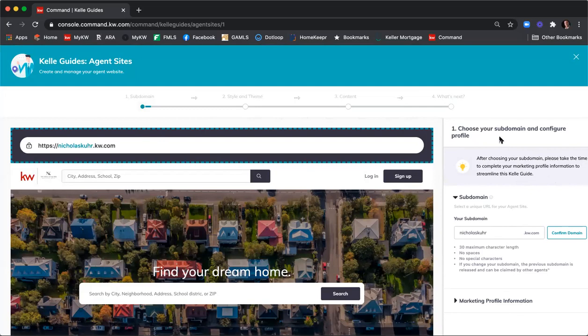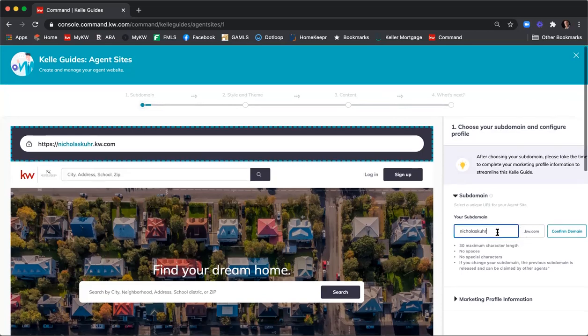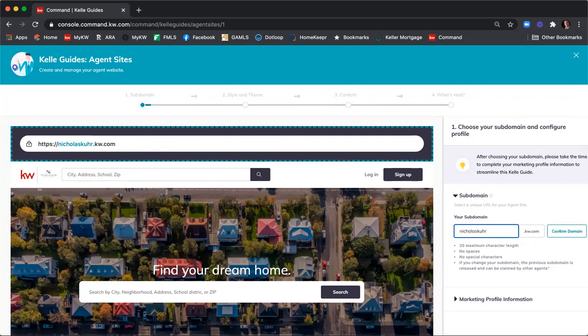So I'm going to get started over here by choosing my subdomain. It's already assigned nicholascore.kw.com as my subdomain. I can change that if I want to by clicking in here, and I can say Nicholas Core Atlanta, if I can spell that correctly, .kw.com, and then click Claim Domain, and I'll say, congrats, you have claimed your subdomain. So now I have nicholascoreatlanta.kw.com. So I'm going to go back to just nicholascore.kw, click Confirm,